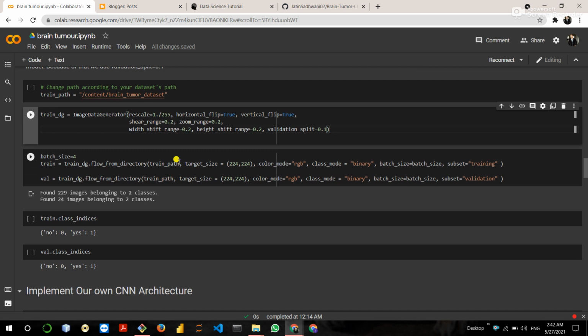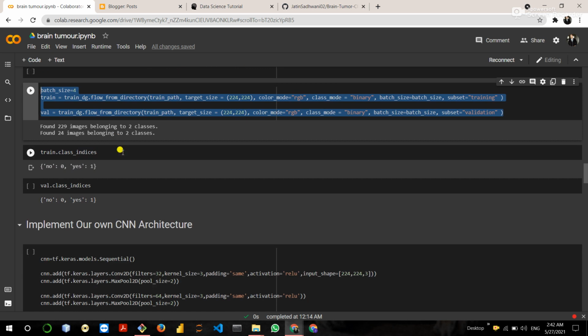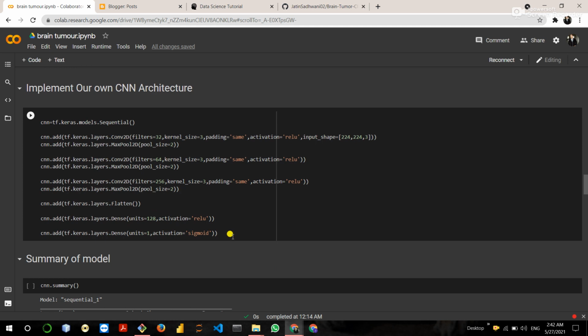After data pre-processing, here 0 stands for no and 1 stands for yes. Then I implement my own CNN architecture.